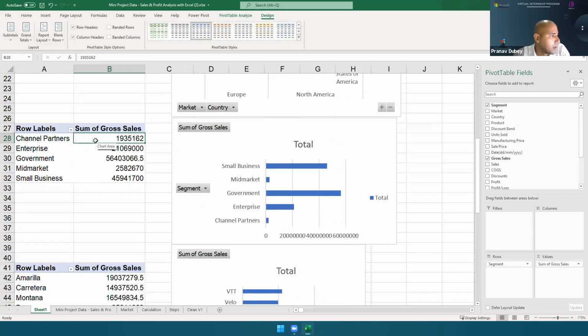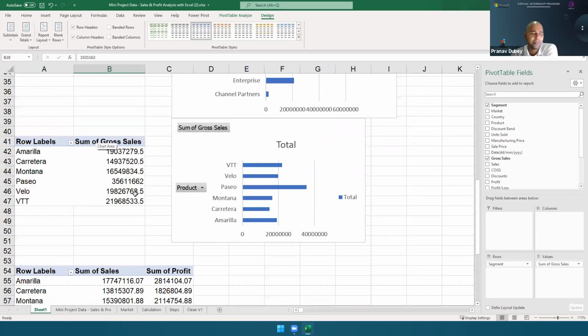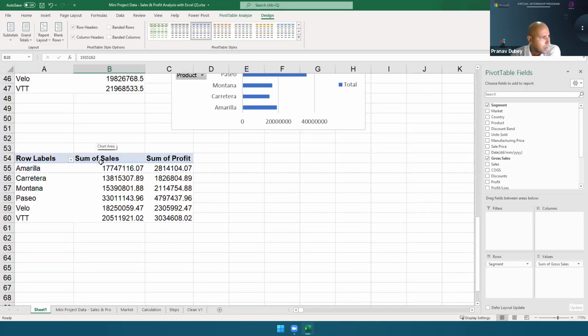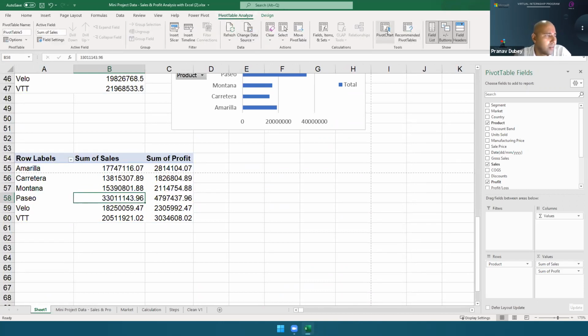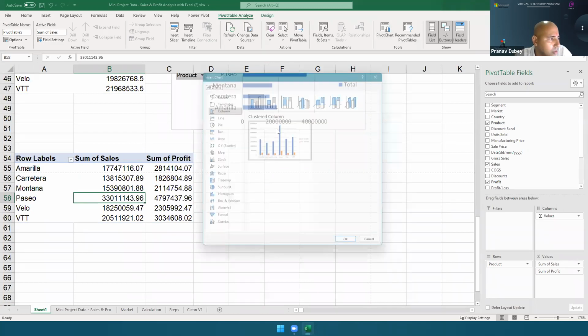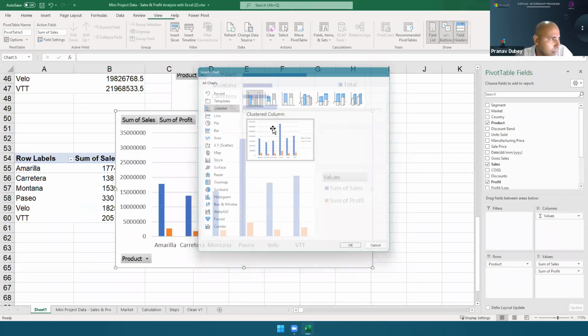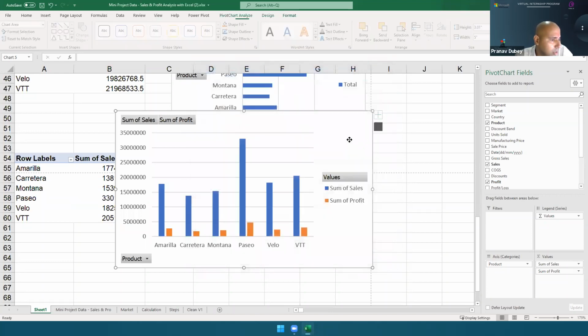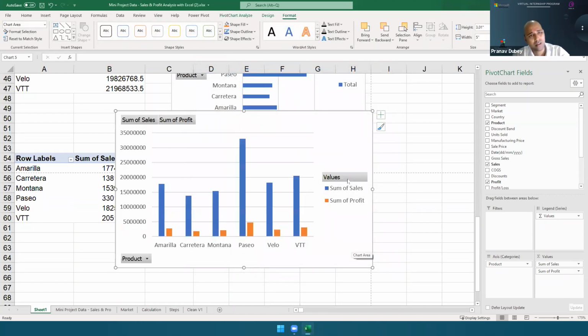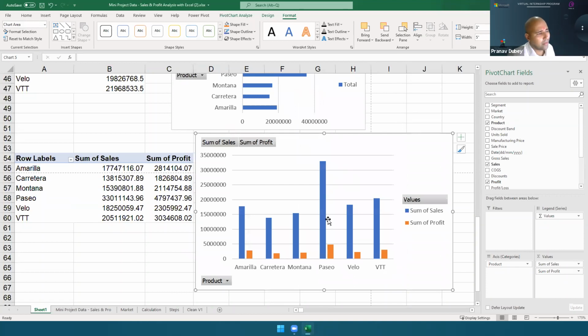Now, everybody, please pay attention. Here I have two values. So the first thing that I will do is go to pivot table, and it is going to suggest that you use a clustered column. Now I will create a clustered column, and you see that although it's looking okay, there is a very big difference here.